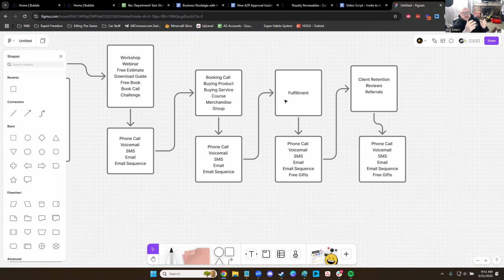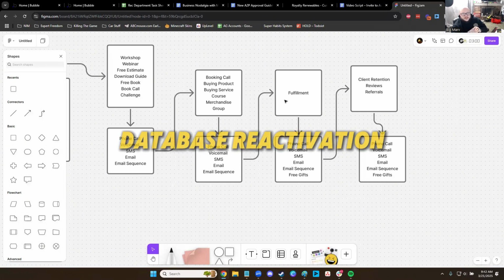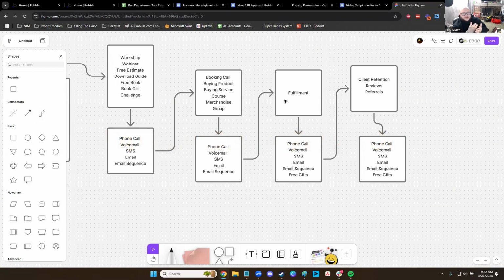You have a list of 3,000 people. There's this thing in the industry called database reactivation, and the reason why it's so popular and works so well is because most service providers are running this part really well. They're getting leads in, and maybe they fulfill the service for that lead. I can't tell you how many service providers I've worked with where they literally have thousands of people in their database that they never contacted after they did the job. They didn't ask them to leave a review. They didn't ask them how was the service. They didn't ask them if they have any other friends or family or businesses that could use this service. So it's a huge low-hanging fruit that you can use to drive new revenue into the business.